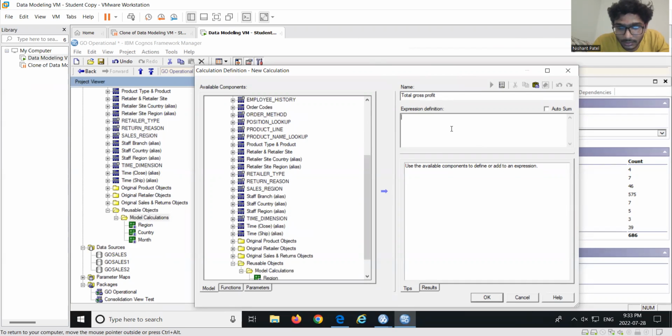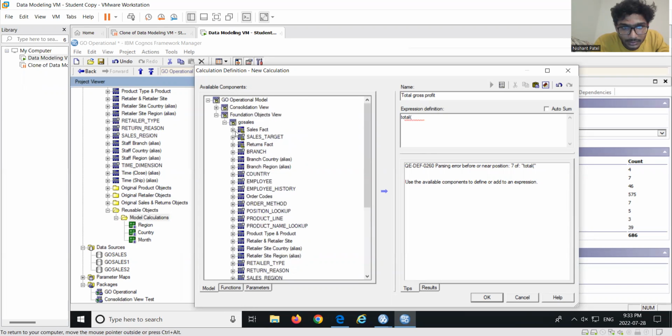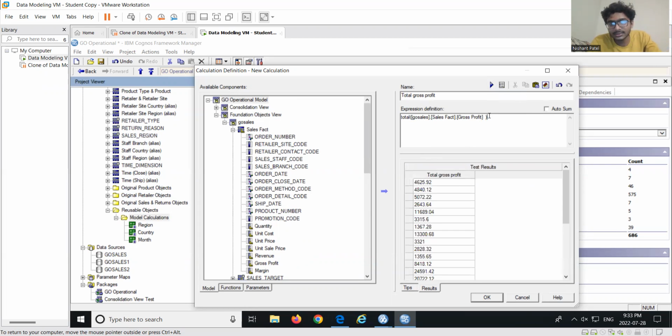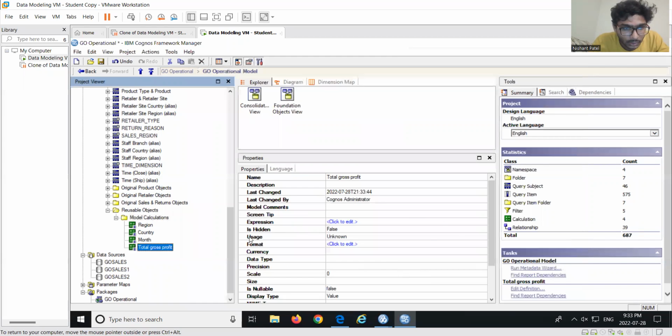So I'll use total function, and then I'll select gross profit under the sales fact, and then I'll complete the definition, and I'll test the sample, and as we can see it has been successfully tested, and then I'll click OK. So it has created the calculation of total gross profit